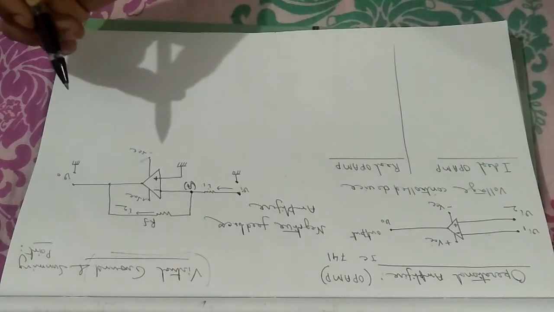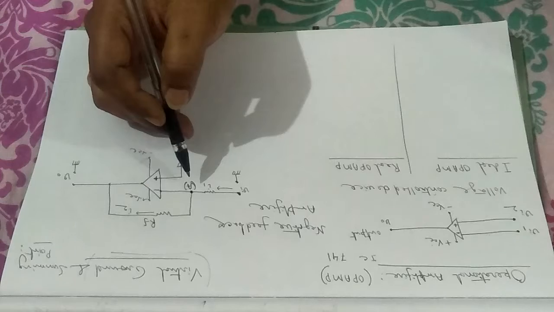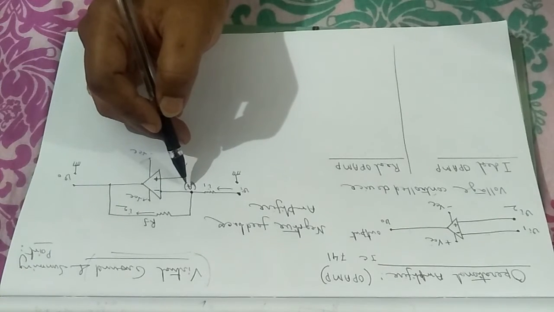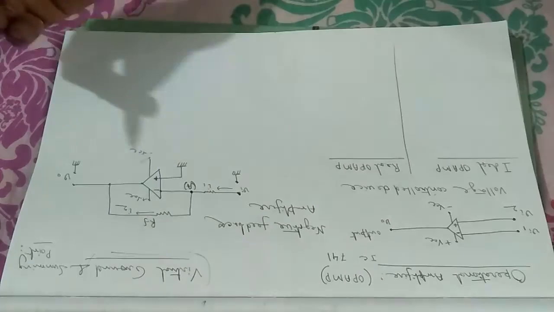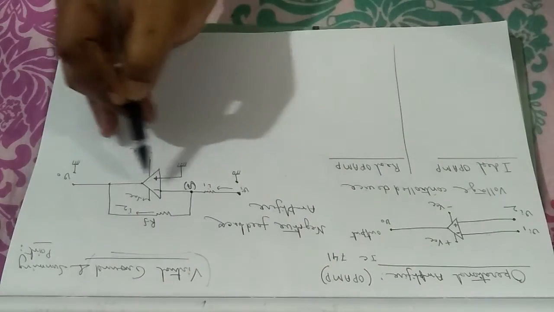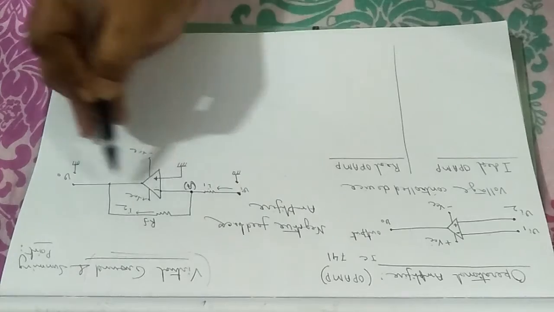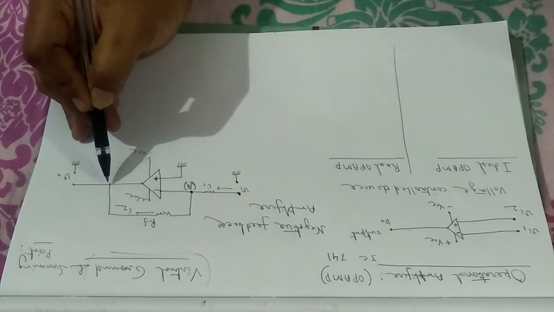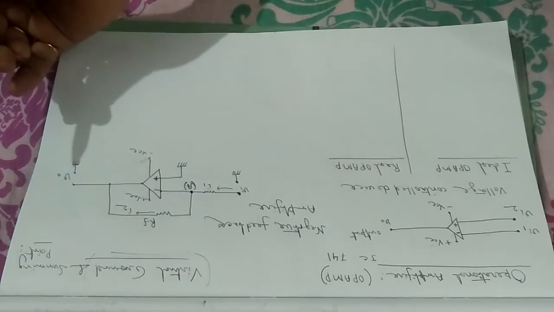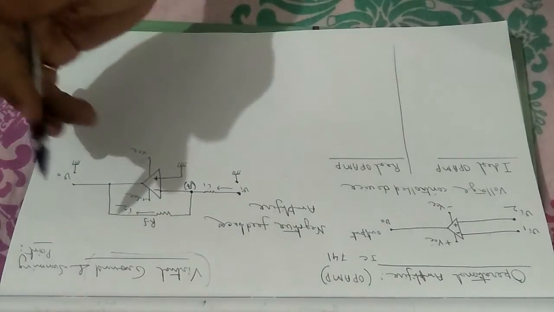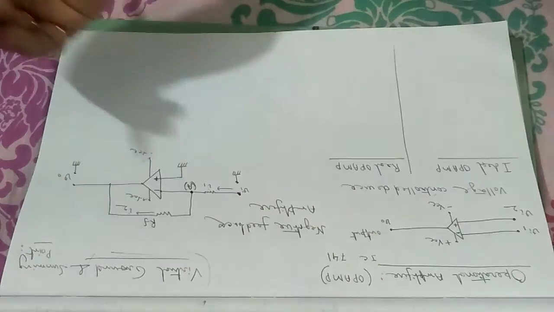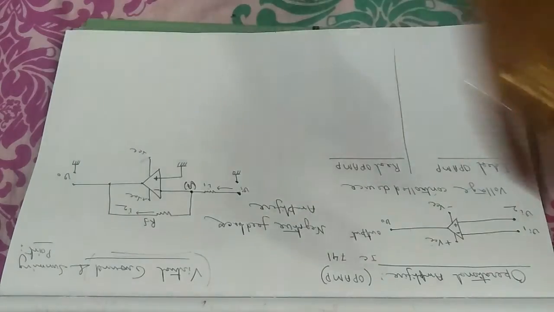Now there may be a question: why is the voltage Vi reduced to 0 at this particular point, and why does this appear to be grounded? You can look at it this way: some voltage is being applied here, a portion of the voltage is being inverted here, and it is coming here again, meeting at the point. If you consider that there is some certain amplification, despite that, voltages of two opposite polarity are meeting at this point, that's why it should appear to be grounded.